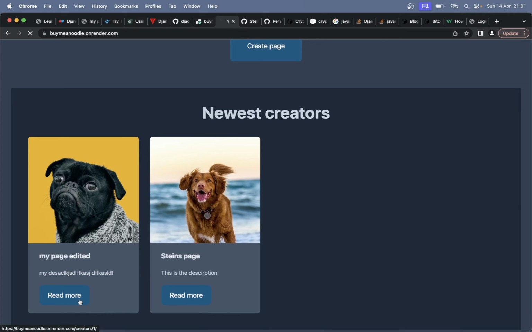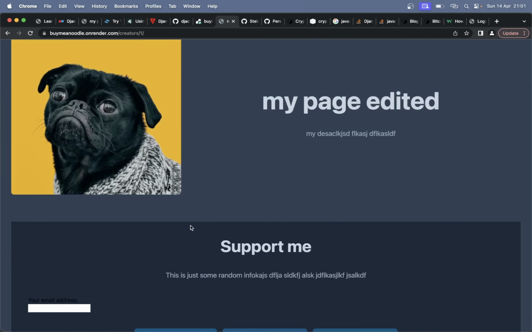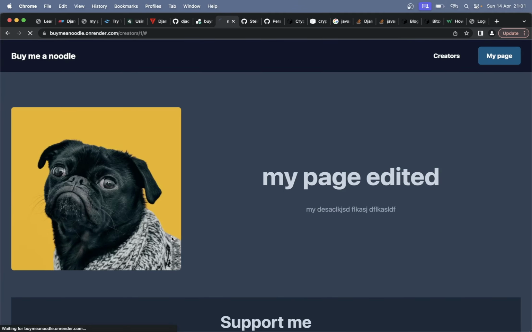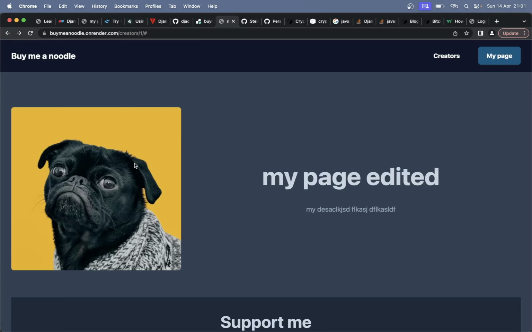If you go into one of them, you can support them. First you can read a little bit of information about them, then you fill in an email address and click, for example, buy me one noodle, $1. Then I get the URL back from the server and I will be redirected to Cryptomus, which is a cryptocurrency payment gateway we are using here. When you're going through with the payment, you're sent to a success page which will confirm the payment with the